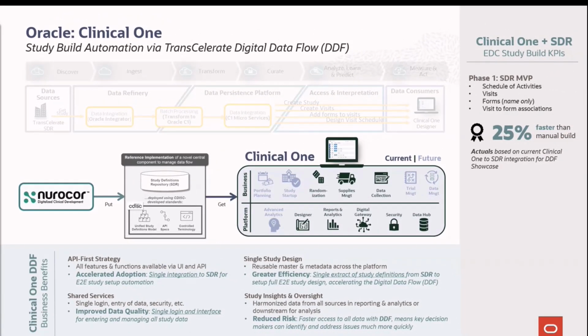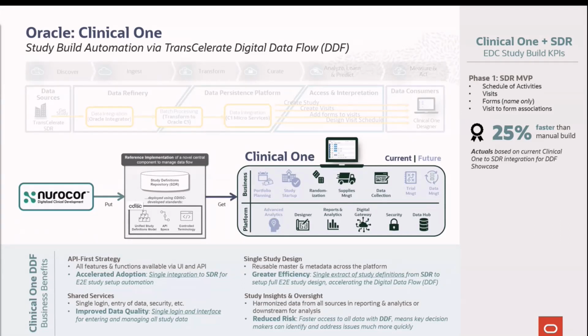So we have some study build benchmarks already for Clinical One. They're based on just building a study completely from scratch. You have your specifications, you're not reusing anything, you're just building from scratch, right? And using those benchmarks, we measured the time it took to build out the different object types from this version